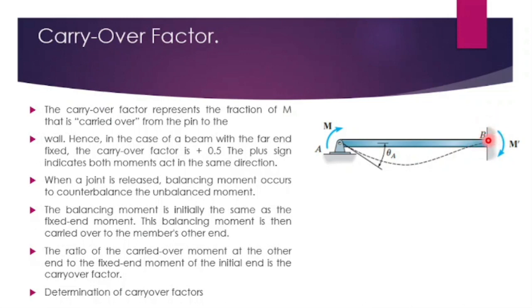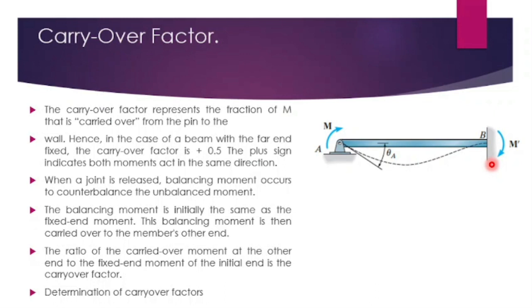If you are having a hinged end here, the carryover factor will not be there. The carryover will only be for the fixed end. You can take a note, put important: carryover will be only taken at the fixed joint. If there is a hinged end, the carryover factor is 0. So you can put a bracket. So in problems, whenever you are substituting, you will be identifying the difference. If the opposite end is fixed, you can take 0.5 as the carryover factor. If the opposite end is hinged, there will be no carryover, that is 0.